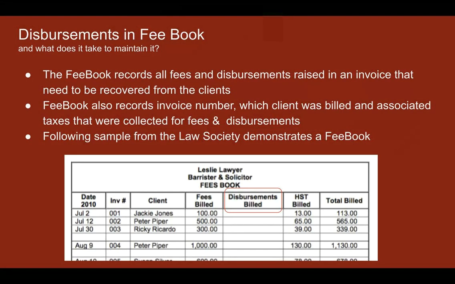Now, with fee book, you're able to identify some of their legal fee and disbursements being billed for with taxes, without taxes again. And these are recorded against each of these clients. So the client information and matter details are also seen.